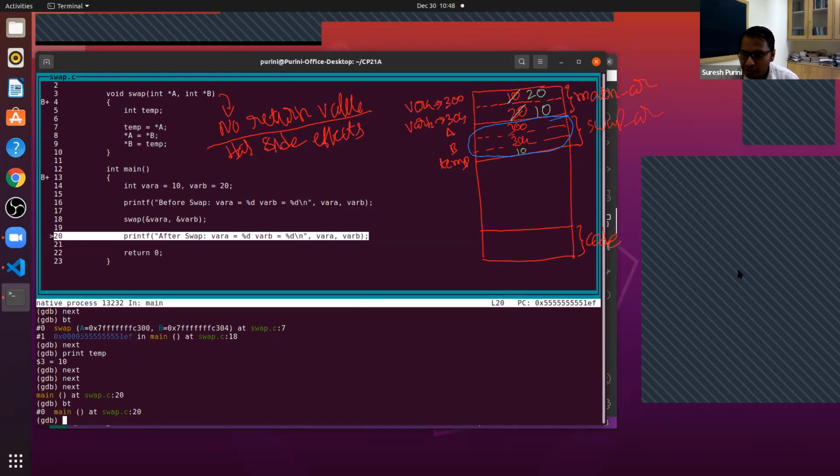And what happens if the function returned something? That value will be returned. Even if the function returned something, there are different ways of passing the return value to main. One way is through what are called processor registers. It depends on convention, there are many ways, but one simple way is that the return value is passed through a processor register. There are other ways, but let's not get into the details.